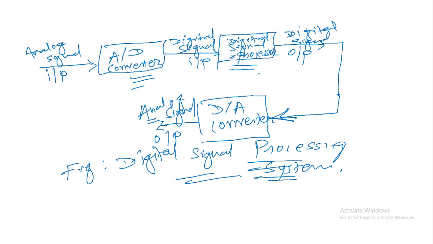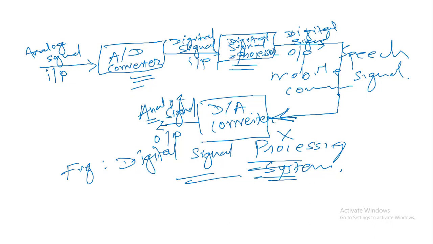So certain applications require all these three blocks in a digital signal processing system, but in some cases this last block may not be required. Just for example, if I take the example of a speech signal, in mobile communication, or maybe simply video conferencing, your audio signal is initially